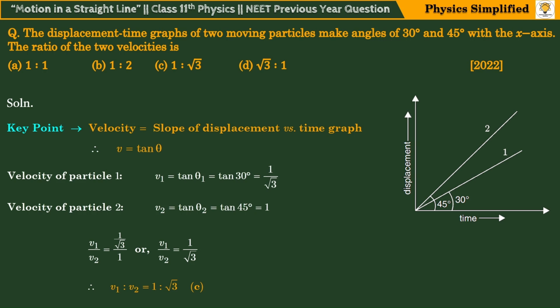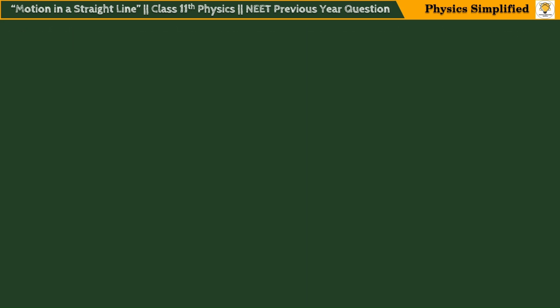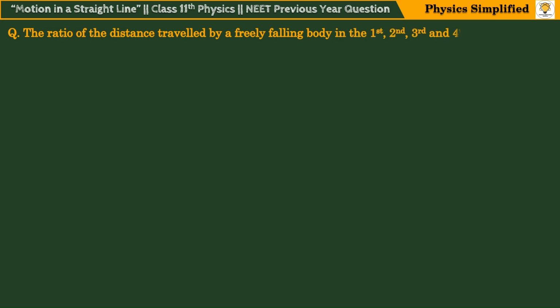Let us move towards our second problem. The second problem of today's video is related to the uniformly accelerated motion. The problem is, the ratio of the distance traveled by a freely falling body in the first, second, third, and